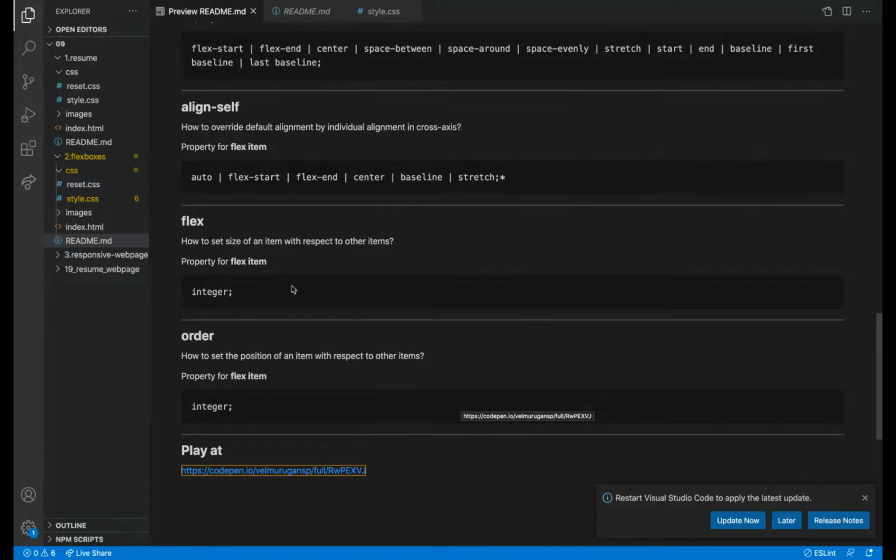So the only topic pending is responsive. What is responsive? We want a one-liner. In HTML, I'll say our websites should look good in mobile, then tablet, and in all the devices. So to make our website look good in all the devices, we will go for responsive.